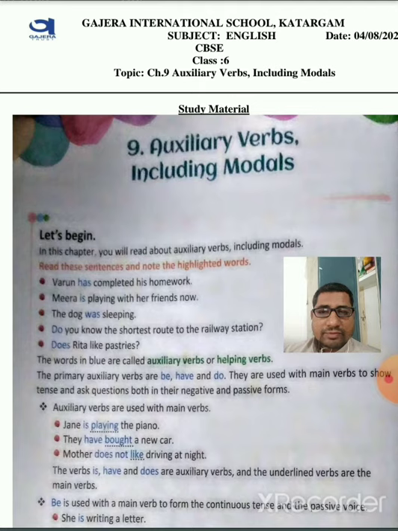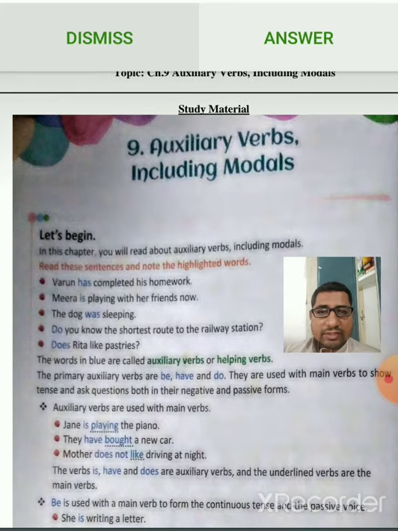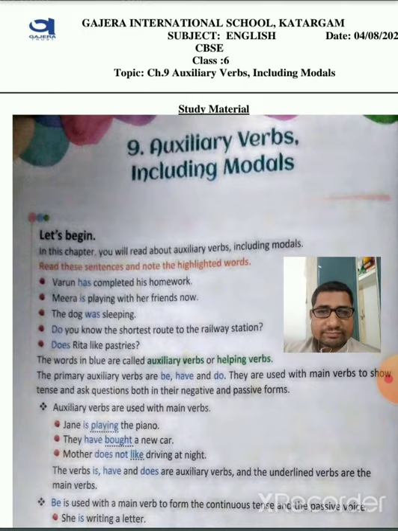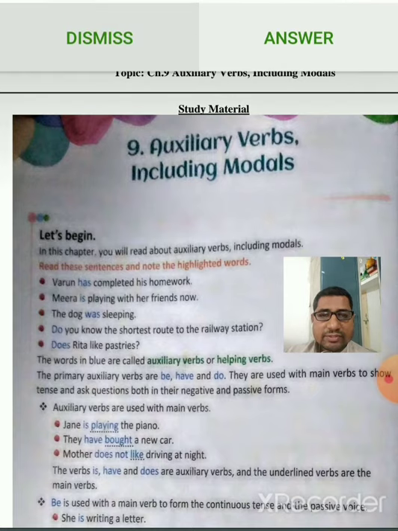Now first one, auxiliary verbs. Auxiliary verbs are used with main verbs. I'm reading a few examples. Jane is playing the piano. They have bought a new car. Mother does not like driving at night. The verbs is, have, and does are auxiliary verbs, and the underlined verbs